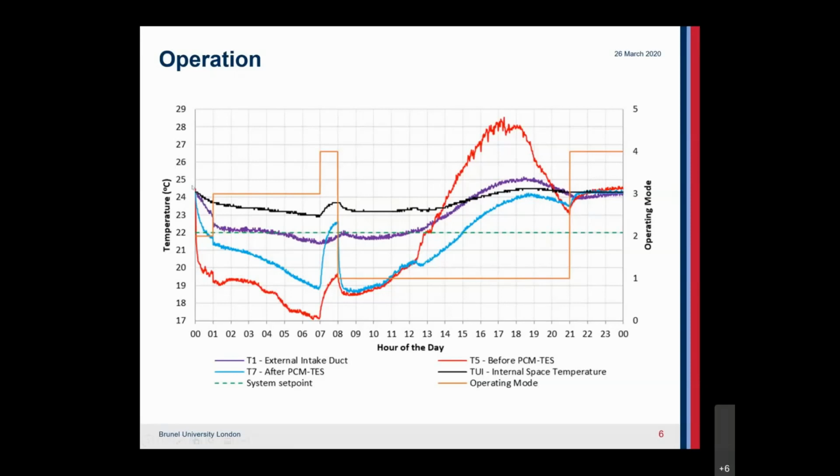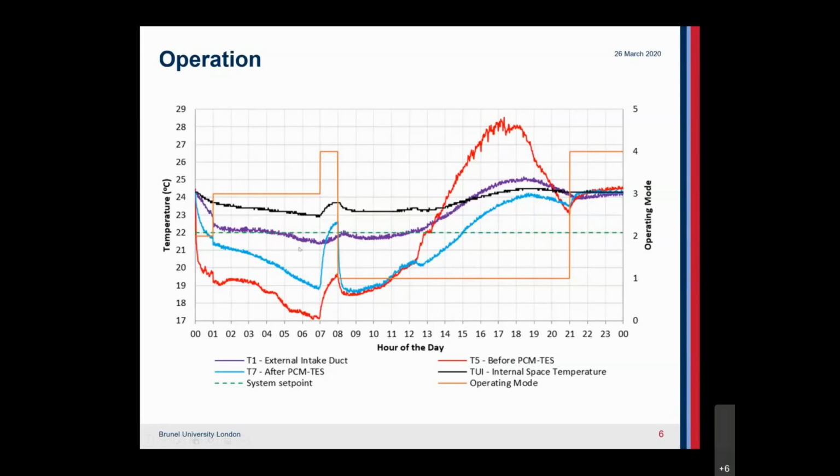During this time, all temperatures are decreasing. Then we go to the next operation, the summer night charge, from 1 in the morning to 7 in the morning. And during this period, the inlet and outlet temperatures T5 and T7 of the PCM storage can be seen to decrease, indicating that the PCM is charged as the external intake air is being